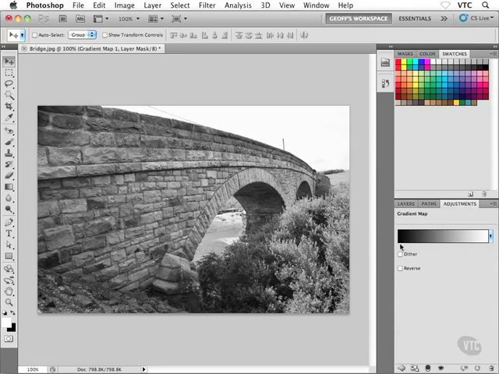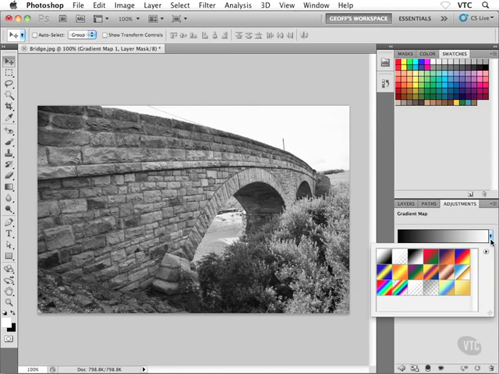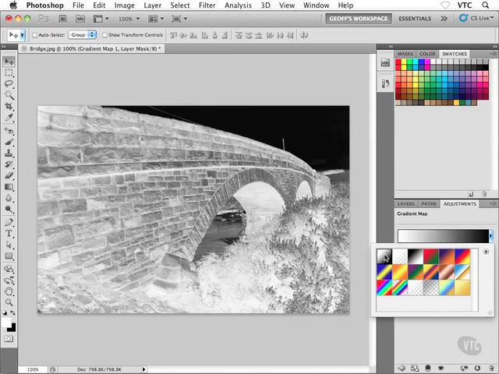All we're doing is applying a gradient over top of our photo. That's kind of a weird thing to wrap the noodle around. But we saw working with gradients earlier, right? What I have here is a gradient going from solid black to solid white. That's it. But I could drop down my gradient menu and choose a different gradient. For example, the default foreground to background: my foreground color is white and my background color is black, if you take a look down in the bottom of my toolbox. So if I choose this one, I'm going to get a black and white negative,